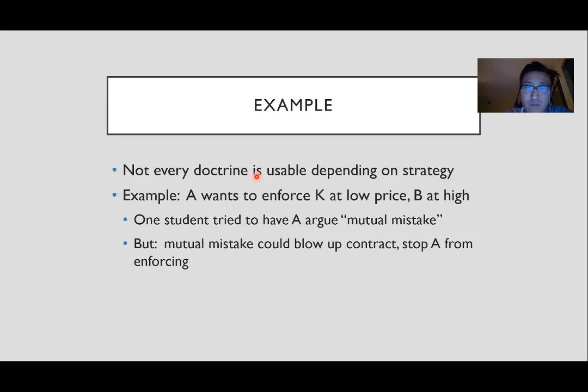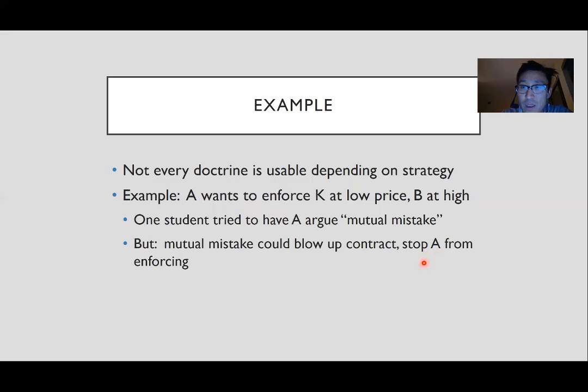So there's an example in a hypo recently. I'm trying to remember. It doesn't matter whose, but not every doctrine's usable depending on what it is that you want. So A wants to enforce a contract at a low price. B wants to enforce it at a high price. And I remember one student argued mutual mistake, which is something that the professor hadn't noticed. But I think in this context, it was a creative spotting of an issue. The problem was in this context where A actually wants to enforce a contract, mutual mistake as to a material term can blow up the contract